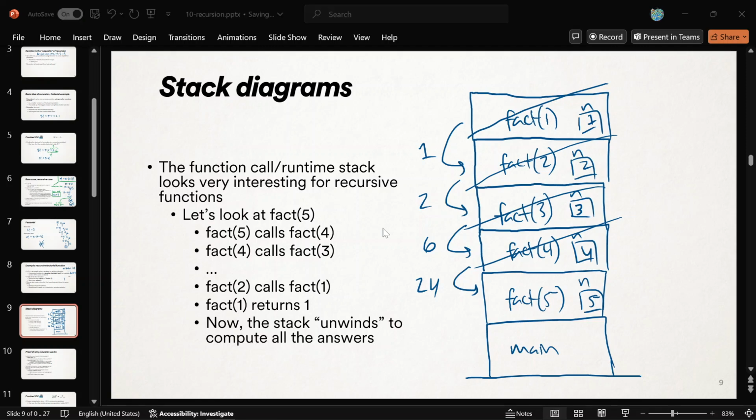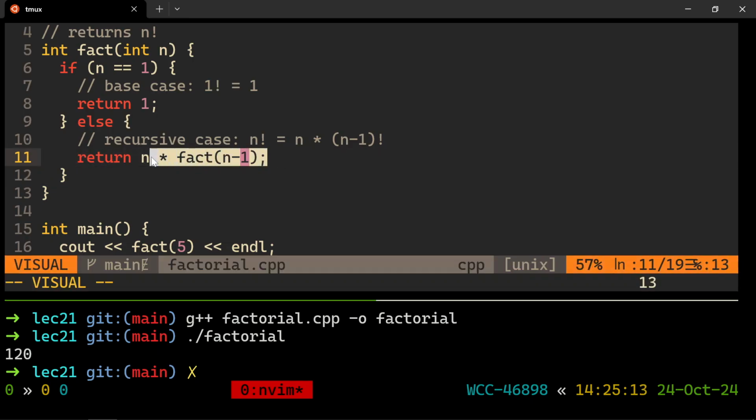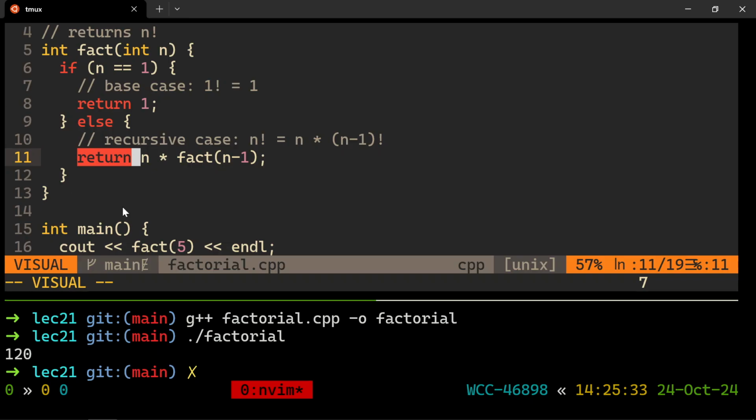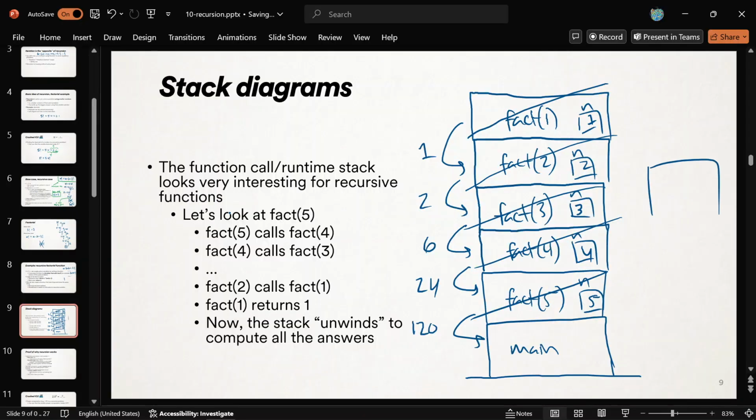We're back in the original call to fact, waiting ever so patiently right here on fact of 4. Fact of 4 finally has an answer back. It saw 24. It's got 24 now. It can multiply its 5 by that 24 and return that back to whoever called it as its final answer for the factorial of 5, which is 120, right? And now main, waiting ever so patiently on fact of 5, saw 120, and we fed that to cout, right? And so that's why we finally see 120 printed,